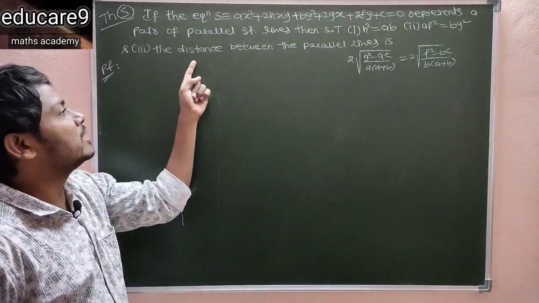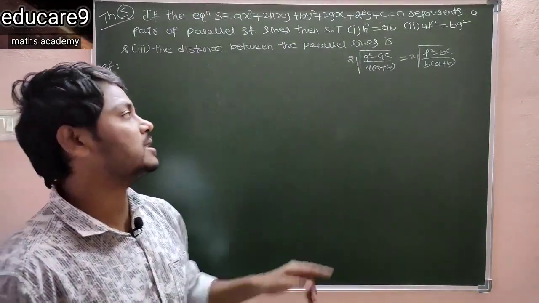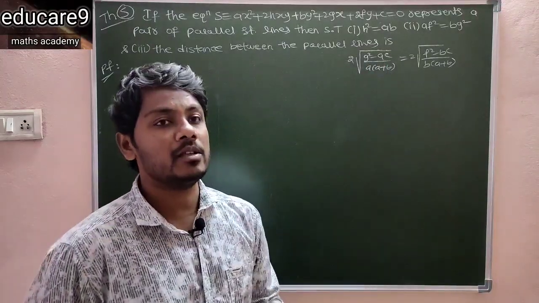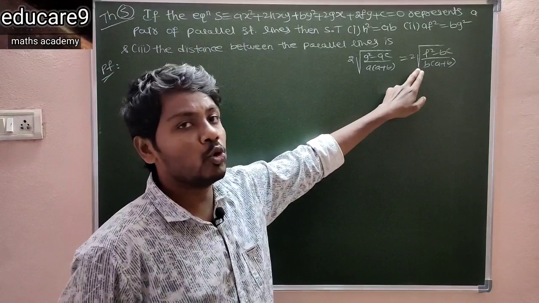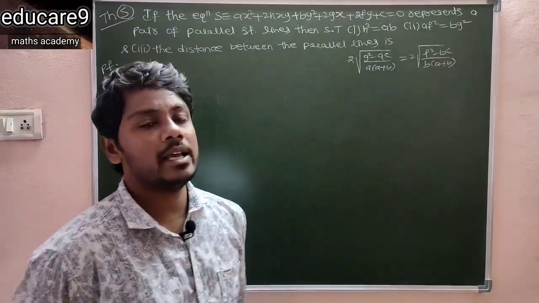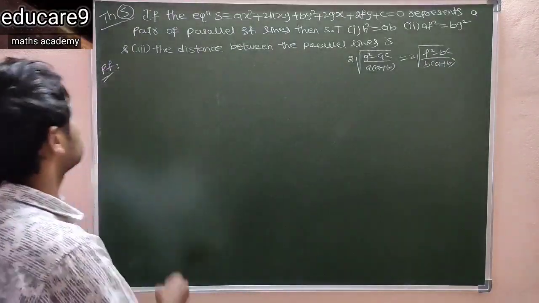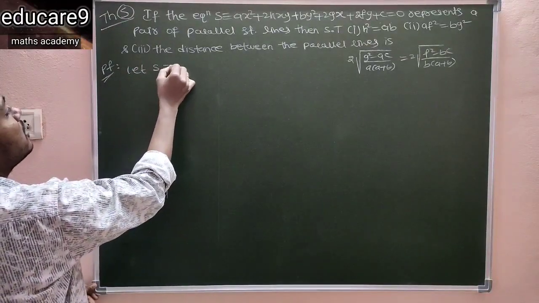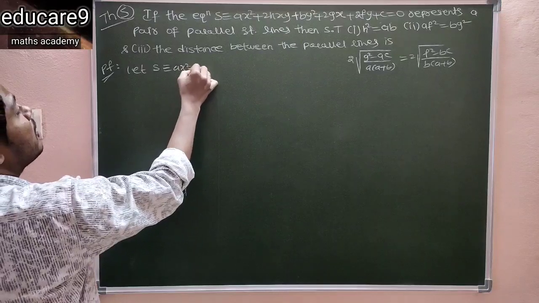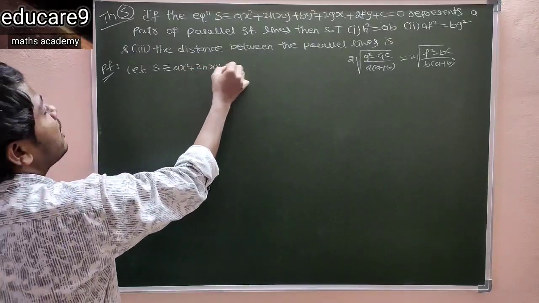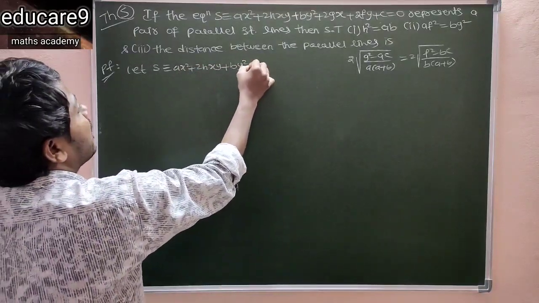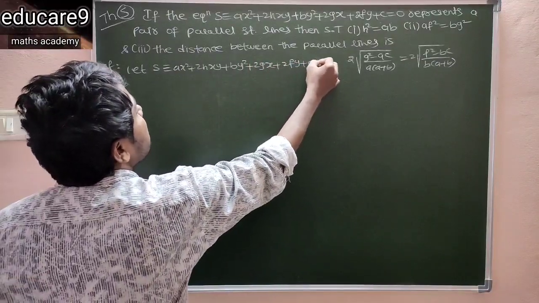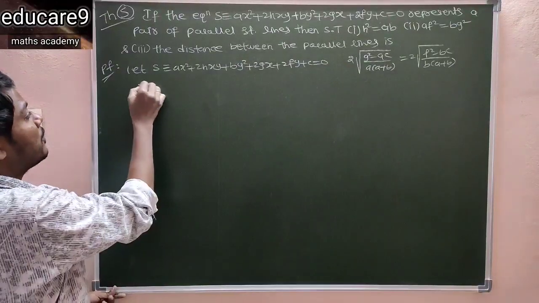and third, the distance between the parallel lines is 2√((g² − ac)/(a(a + b))), which also equals 2√((f² − bc)/(b(a + b))). So see the proof. First, let S = ax² + 2hxy + by² + 2gx + 2fy + c = 0. So it represents